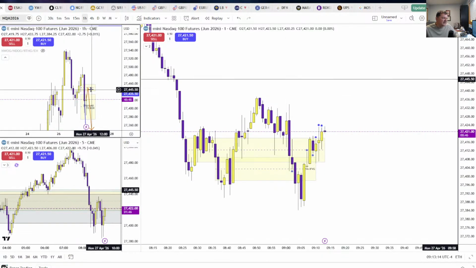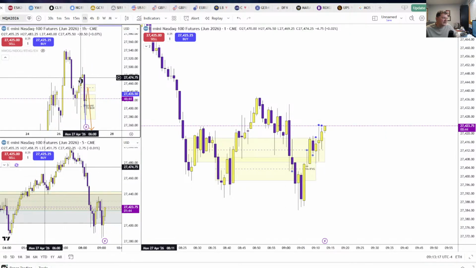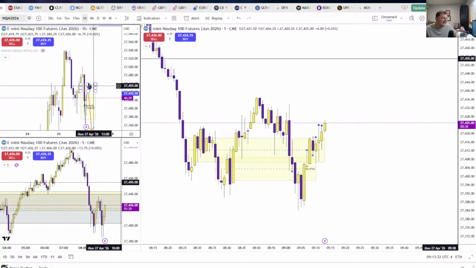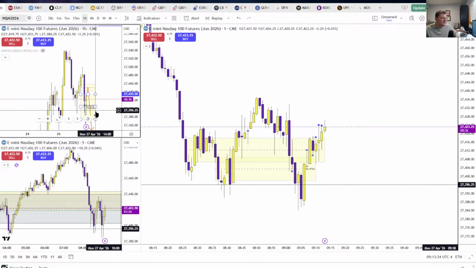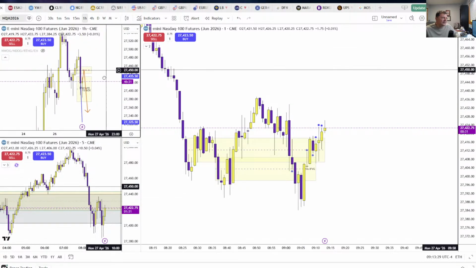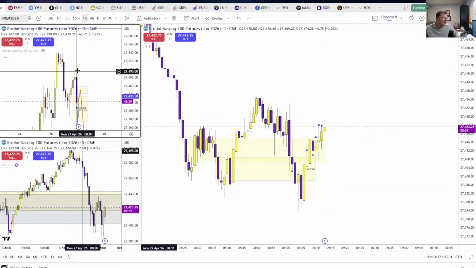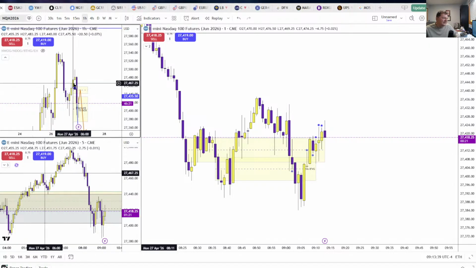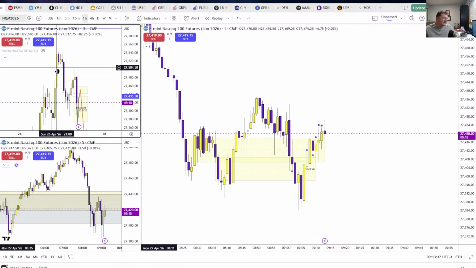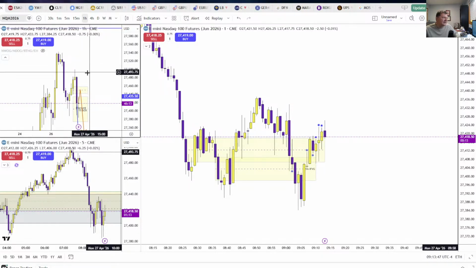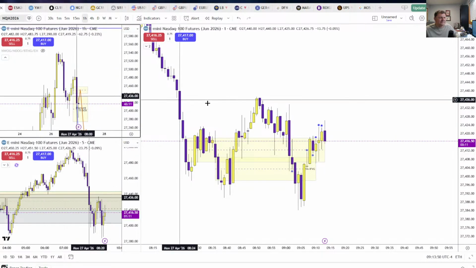So the next one, you want to see it come back up into here. If it does push through here, you're looking for a retest of this BISI right here. If that BISI gets hit, tag, watch the 50% of that BISI. If it rolls over and comes back lower, that's typically what I want to see for this next leg to continue going lower. If it breaks through there, look for the high to get taken, and then you're waiting for this BISI to get broken again to the upside. You're already trading inside it again there. You're looking for this higher BISI. Once this one gets closed above, come back, tag it, and then we're looking for this to close it. That's what I'd be looking for